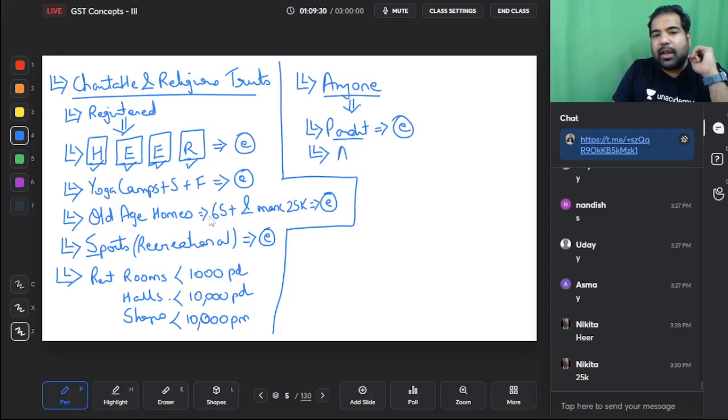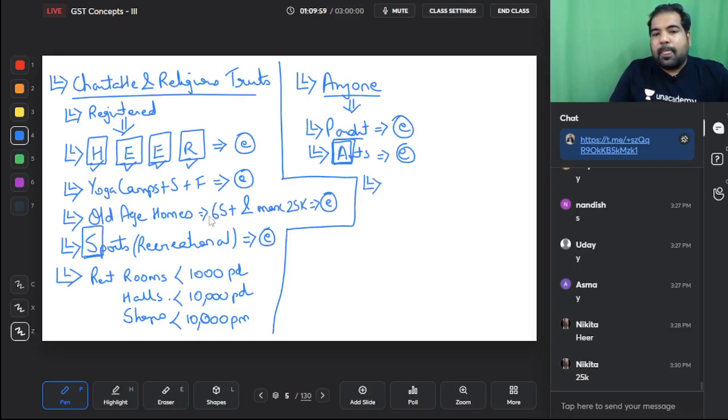If you are doing any arts training, arts means Indian classical art, not Western, like dance, Kathak coaching, or painting, or Indian classical singing, all of that is exempt for everyone. Yes, A for all, A for arts. And sports is only for registered trusts. Arts is for everyone, A for arts, A for all.